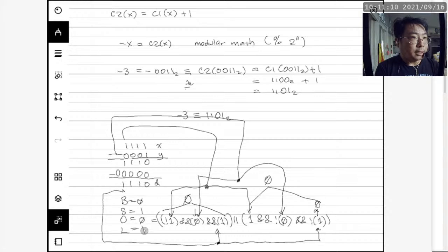X, Y, D. All right, so now we're going to look at this and go like, that looks awfully odd. Since Y and D are different, it'll be 0. Yes, that's kind of what I said earlier. Because we need Y and D to be the same and both to be different from X in order for the overflow to be a 1.